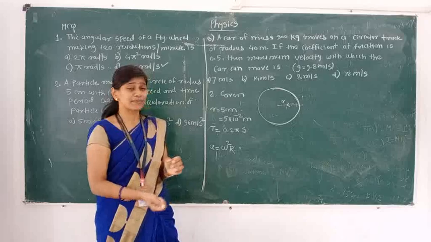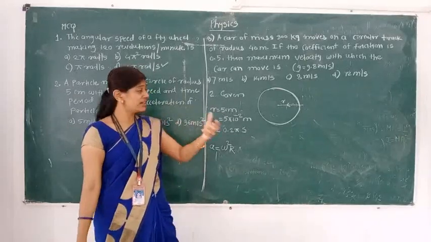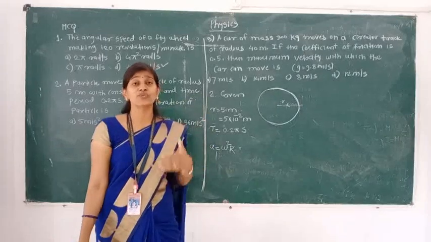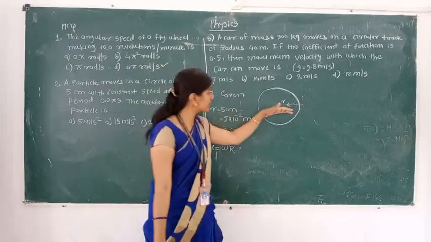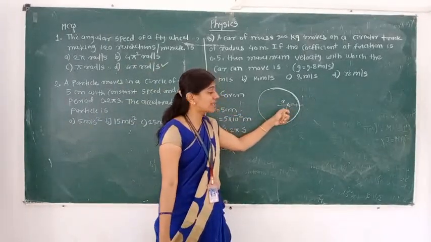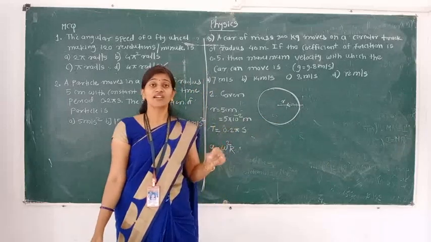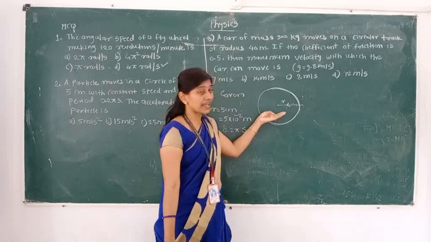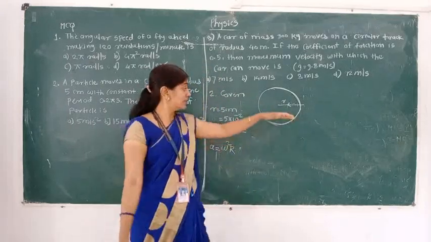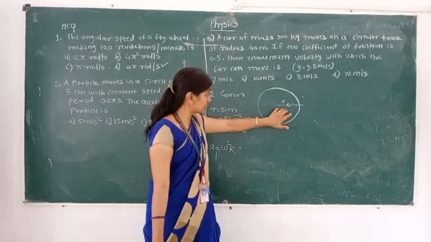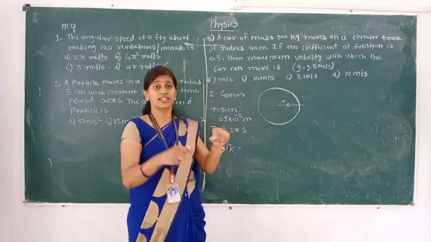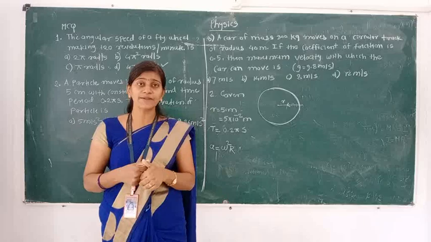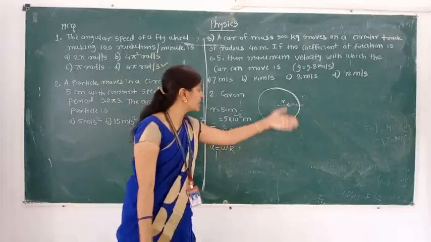हमें पता है as per Newton's second law, in this case अगर force वहाँ पे present हो, so because of that force we are getting the acceleration. In that case, यहाँ पे जो force present है, that force is toward the center along the radius vector. And that radius vector is always directed away from the center. ये जो फोर्स यहाँ पे प्रेजेंट है, ये फोर्स हमेशा सेंटर की तरफ झुकता है. It is called a centripetal force, otherwise it is called a radial force. Because of that force we are getting the acceleration.